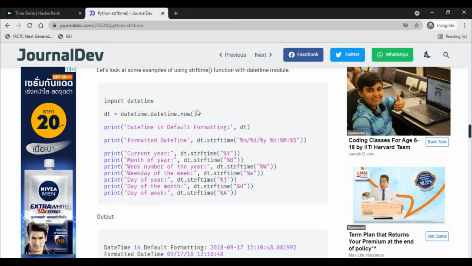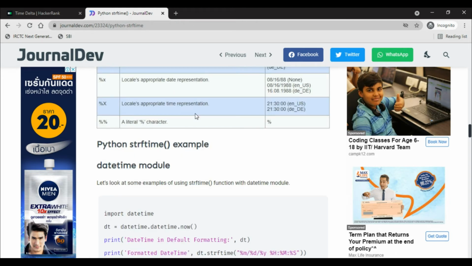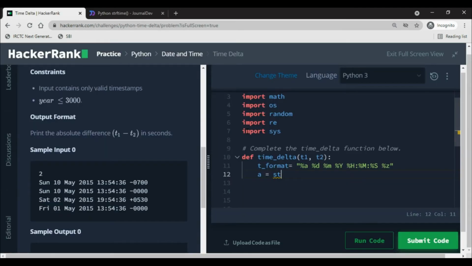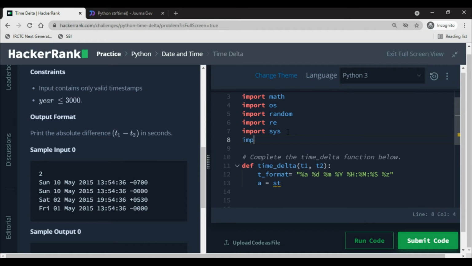This is not true, we have to do okay, import, let me do it. I hope I'm doing it correct. Datetime.